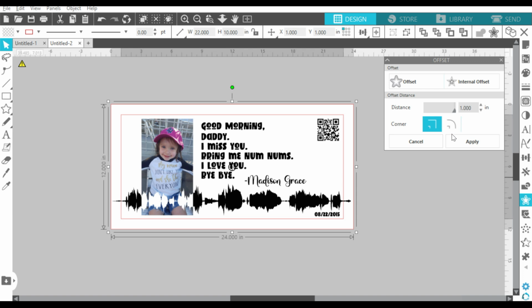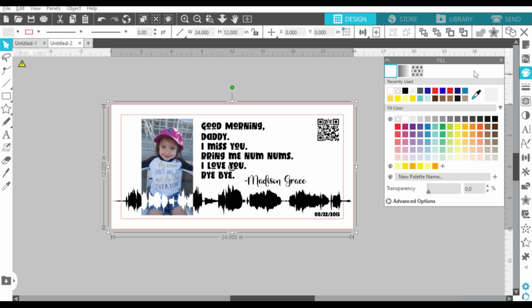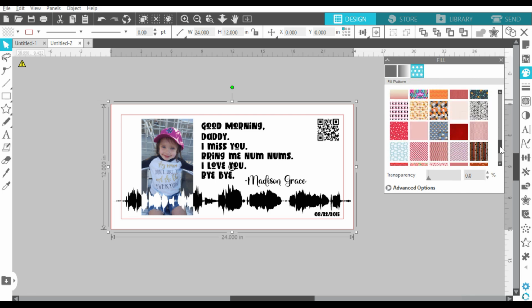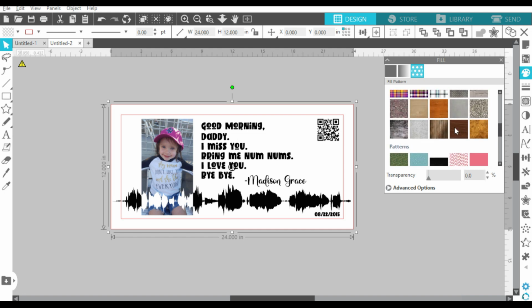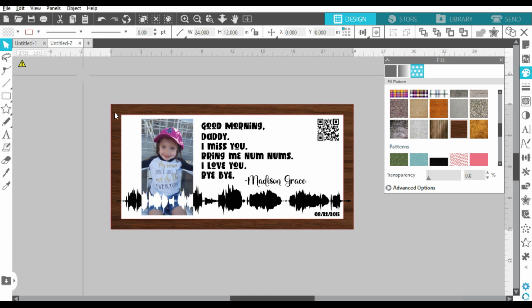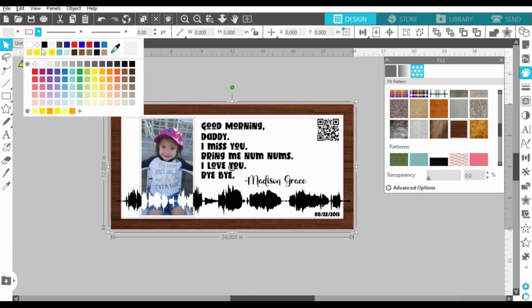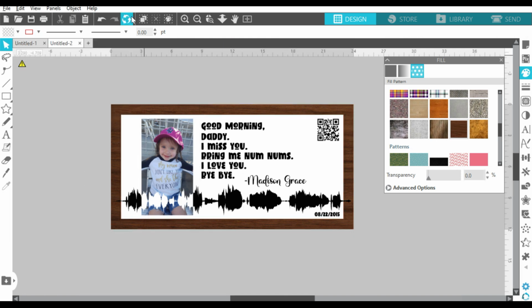All right, guys, so our file is basically complete. There will be, like I said, combining the different items, but let me give you a preview of what it's going to look like. I'm just going to add a wood border around because I'm going to do a traditional farmhouse. I'm going to do a stained wood border and a white background. But I mean, that's it.